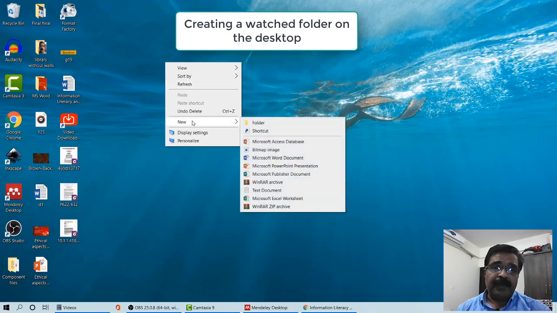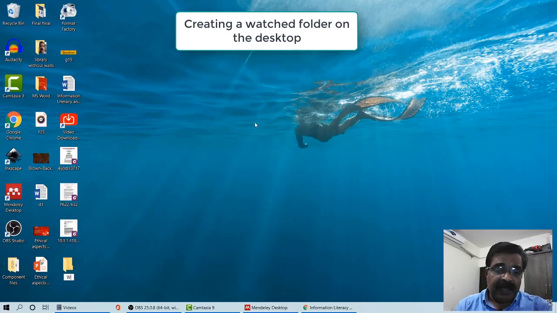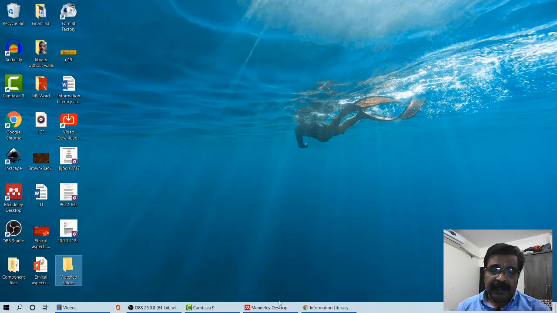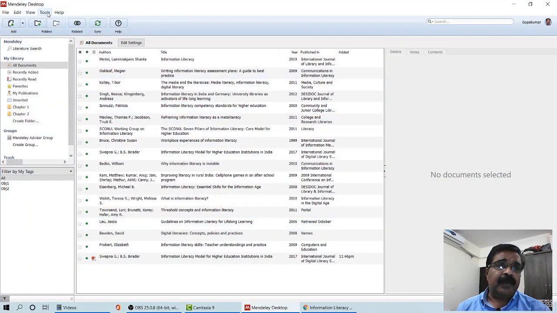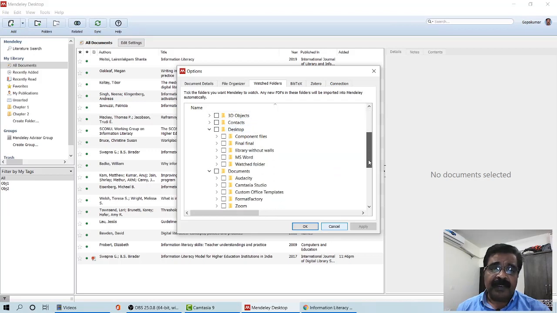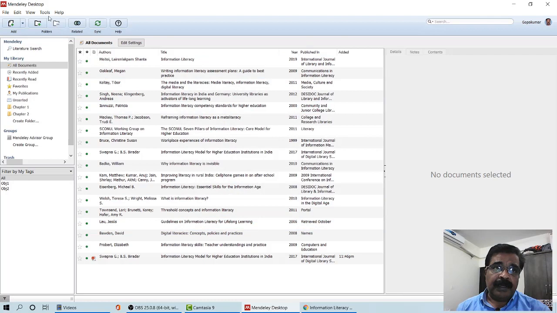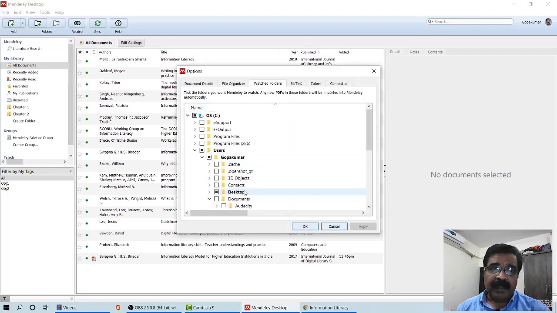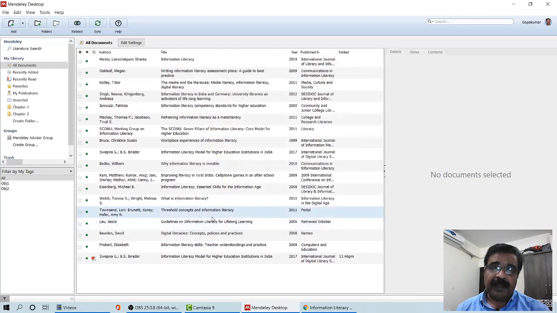Now another option is there whereby without you knowing it, the items get downloaded into your Mendeley. Right click, new, click on folder, say it is my master folder, or my folder, whatever, the name is not an issue. And then tell Mendeley by going to Tools, Options, under master folder, under desktop, you click here, your master folder will be there. Click on this and see it is the desktop master folder. Click OK. You can see again one more time. Yeah, it is there. Click OK. Correct. So it has been identified as a master folder.